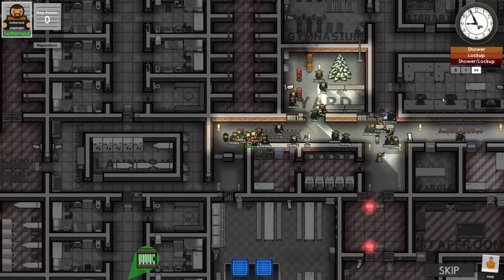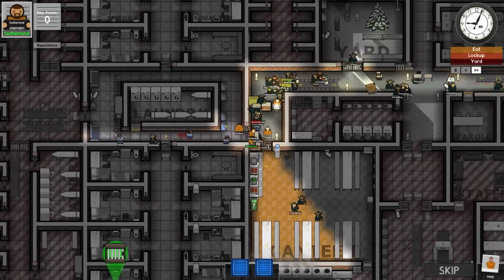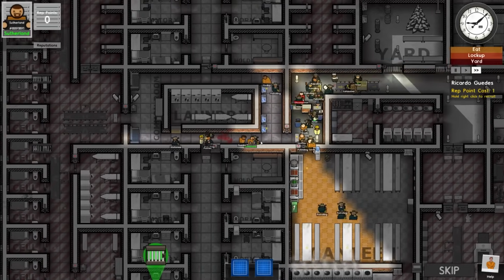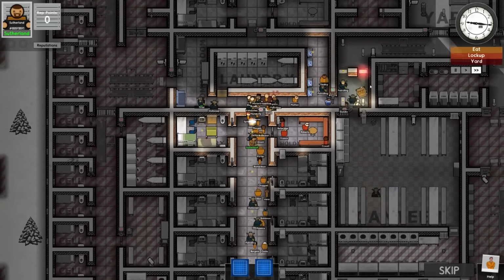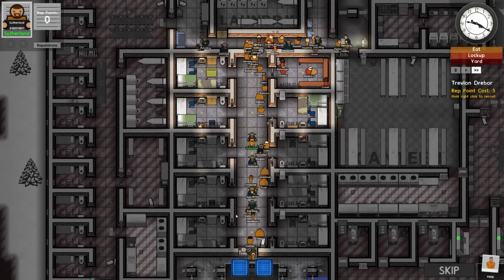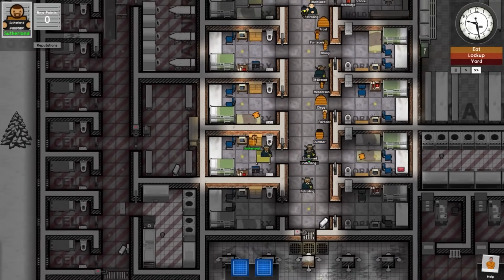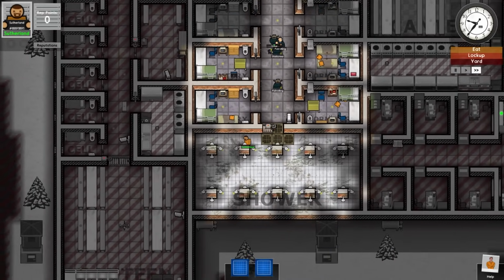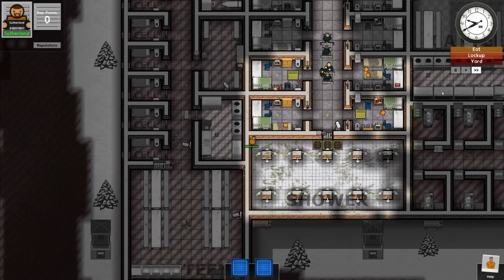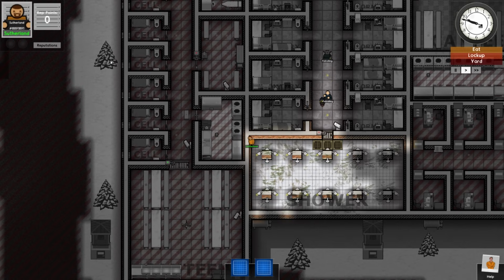Firstly, there is a workshop, which allows us to get the pickaxe that's been custom made. And secondly, we can either go for the laundry or the gymnasium to get an overstarched shirt, which means we can also dig from here as well. Now, why would we dig from here? Well, if we have a look around, specifically we're going to go into the shower and over to the left-hand side. Very difficult to see, but if we were to dig here and across, jumping out where this tree is